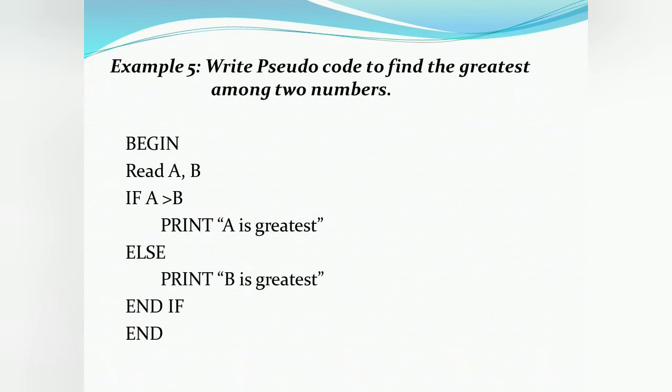This is another example. Here indent space is used to show the hierarchy. The space is given before the print keyword because the print statement is given within the structure of if. So the indent space is given before the print keyword. Then finally the multi-line structure is terminated by using the end keyword.